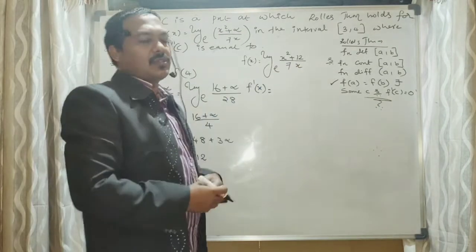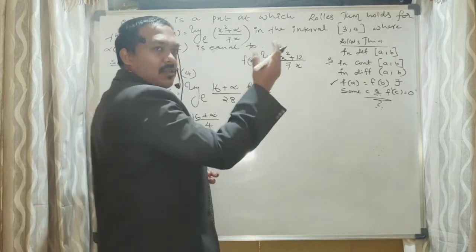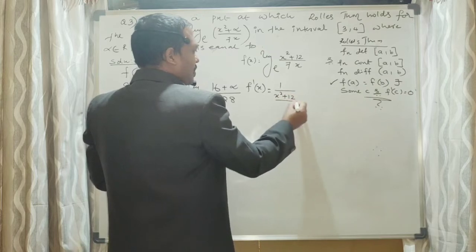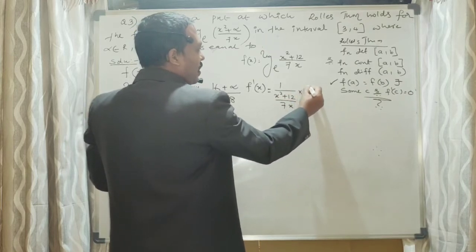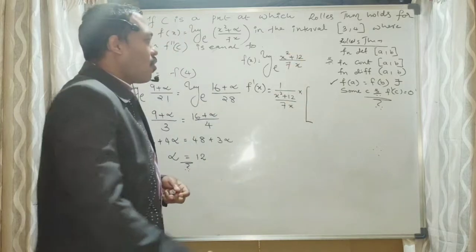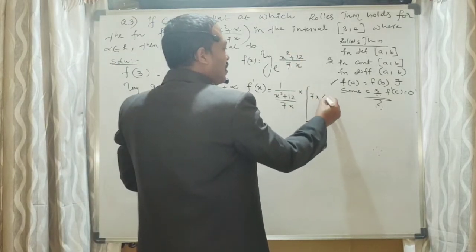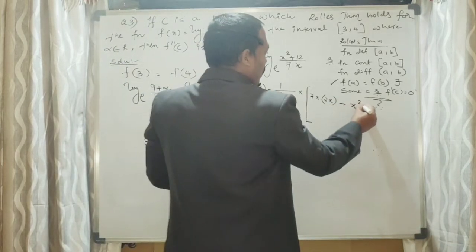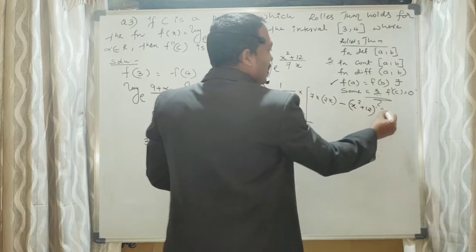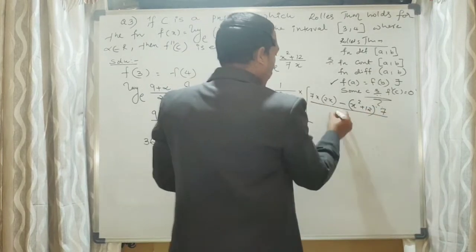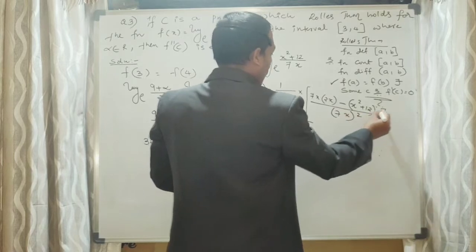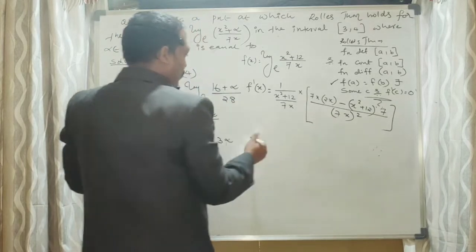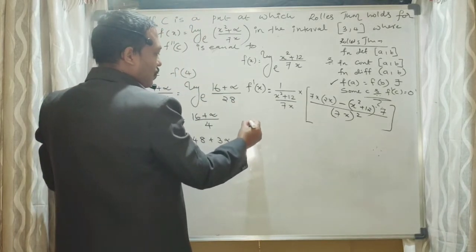Log and another function inside. Derivative of log x is 1 by x, so here 1 by (x square plus 12) by 7x into, here quotient rule: denominator into derivative of numerator minus numerator into derivative of denominator, 7, divided by denominator square. Cancelling 7x and 7x square. So simply it is equal to